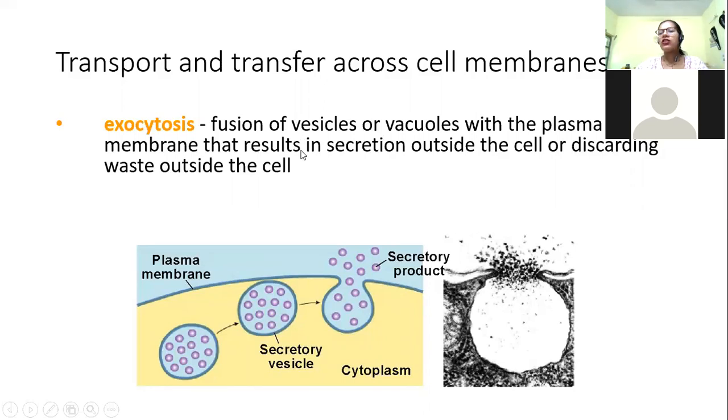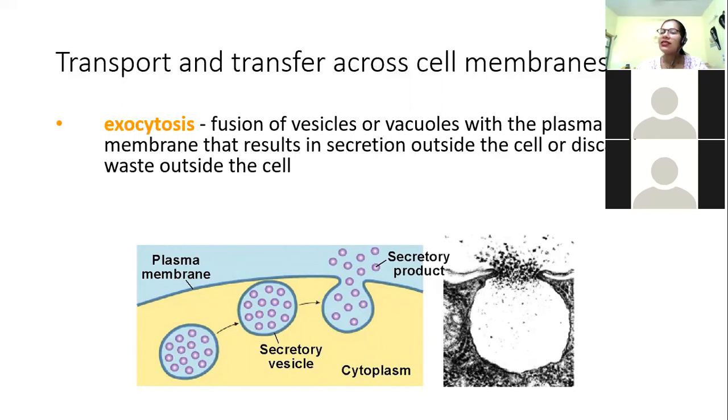We also discussed exocytosis when we were talking about neuronal junctions. Remember the presynaptic and postsynaptic neurons, when we were talking about ligand gated channels, acetylcholine as a neurotransmitter is released into the synaptic cleft from the presynaptic neuron, and then these ligands go and bind to the postsynaptic neuron. It is the same process of exocytosis.